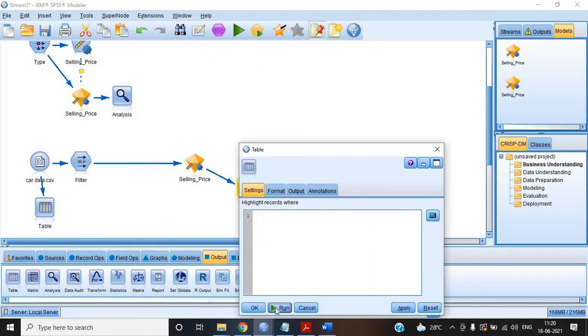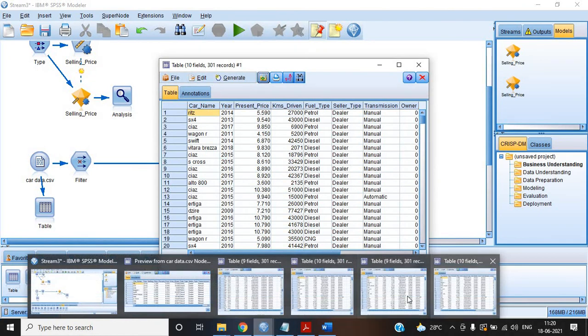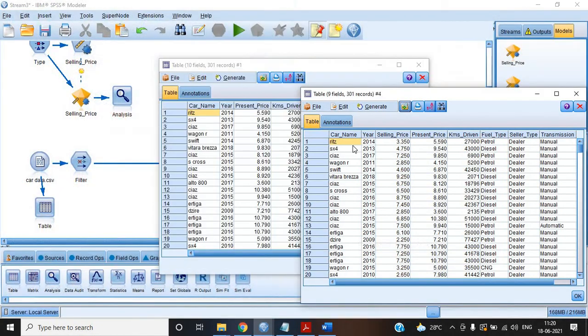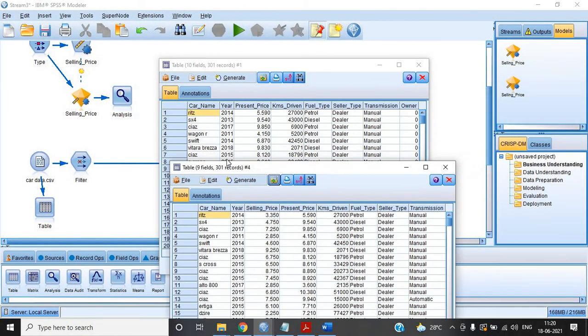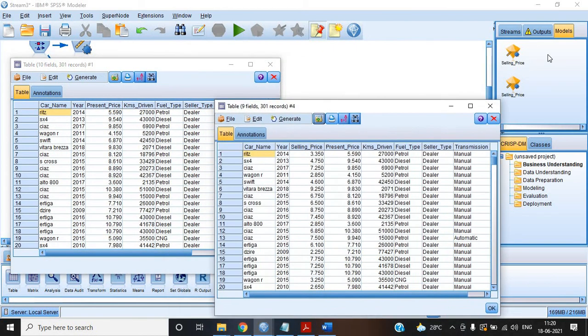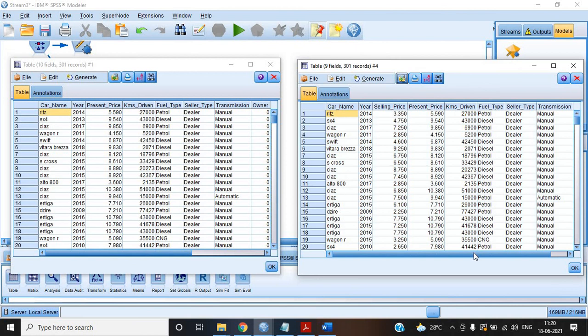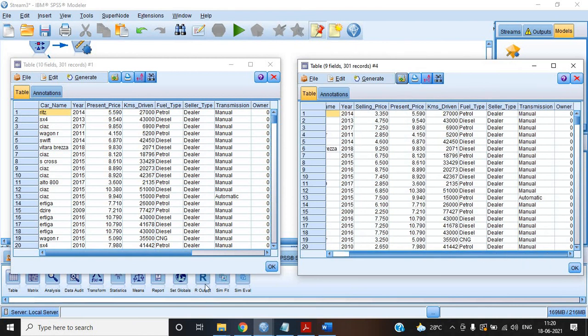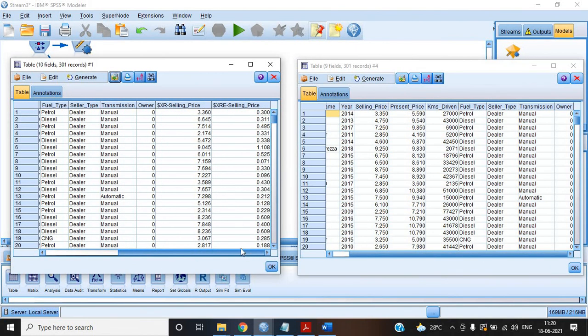We will compare these two selling prices. We'll see how both of them do. This one selling price and this one selling price.